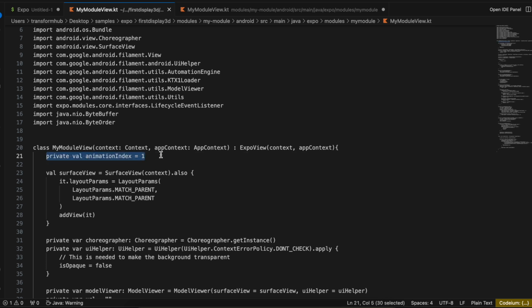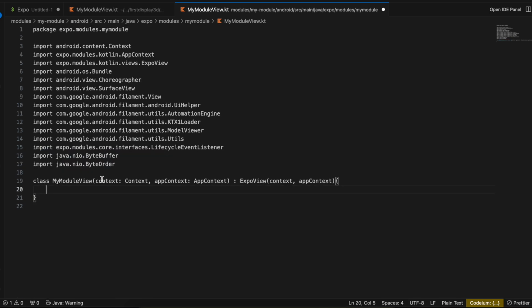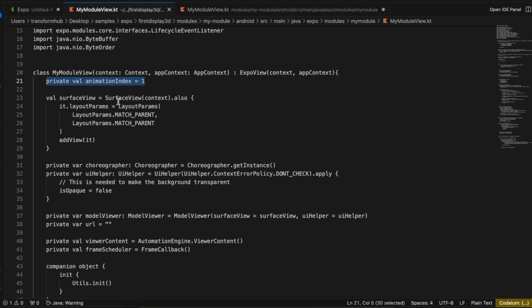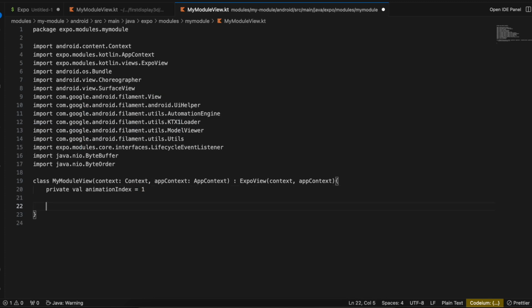So I'll just copy this, and here the animation index starts from 0. I am playing the second animation, that's why the index is 1. Again, I'll come back to animations later on. So here, to render a 3D model, we require a surface view occupying the entire width and height of the screen. So I'll just copy this,